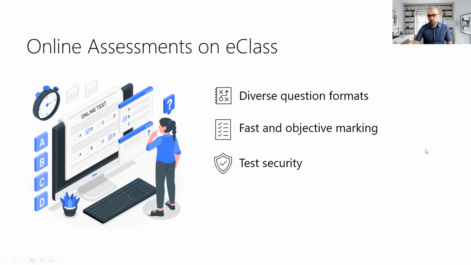Online assessments also provide additional test security features such as randomizing the questions or the positions of the questions on the exam, or randomizing the positions of the response options. So when students answer the questions, they see A, B, C, D, especially if they are taking a multiple choice exam, in different orders. They are not necessarily the same. So that increases test security a little bit.